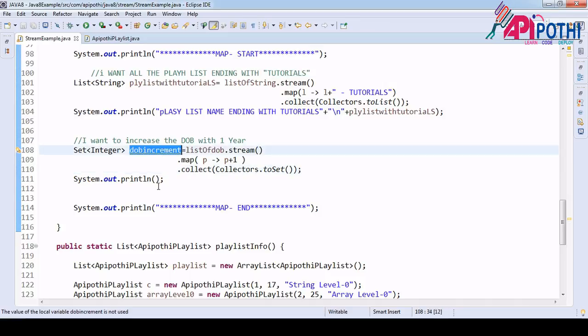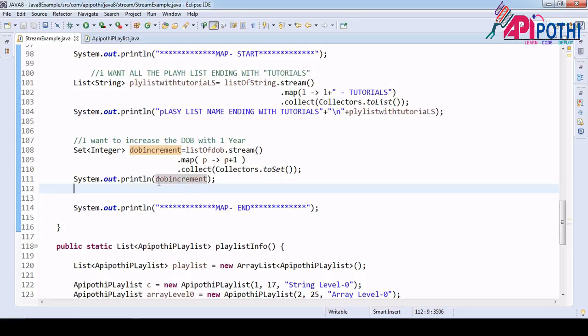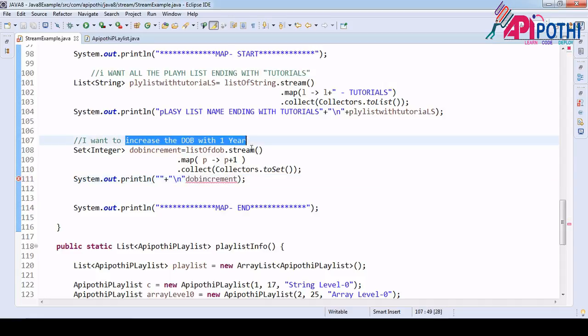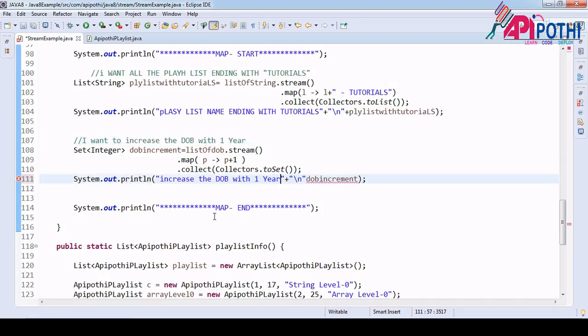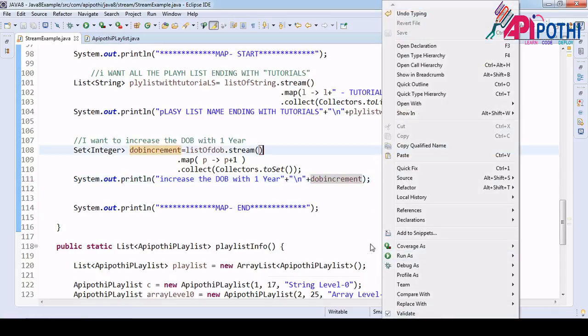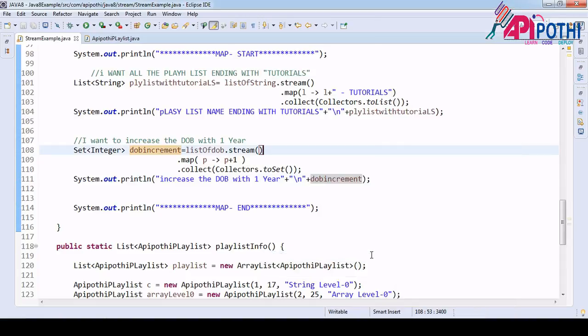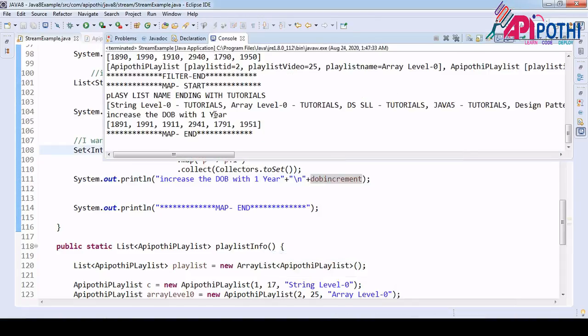Now what you have to do is copy this one and paste it here. Increase the date of birth by 1 year. This looks fine. Okay, right click, run as Java application.